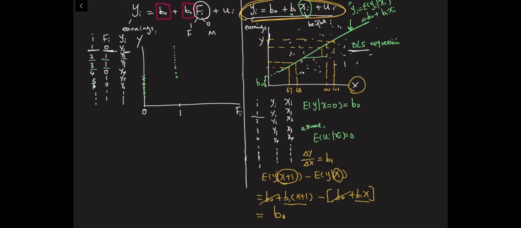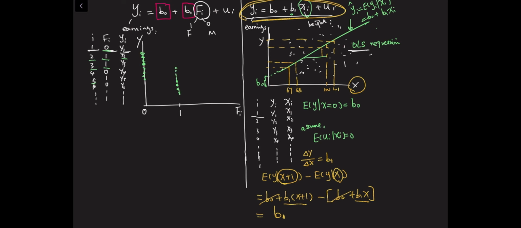Maybe it looks like this. It's a little bit counterintuitive, so let me just make it more intuitive. Okay, so let me draw it this way. When female is 0, that means male, right? Usually, males are on the left and females on the right, like this. 1 female y1, 1 y3, 0 y4, 1 y5. Right, you have these 2 vertical lines like this. This is what the scatter plot looks like when you have a binary